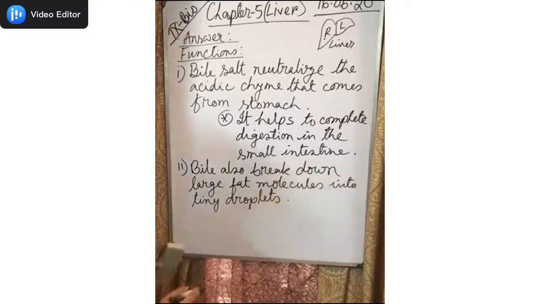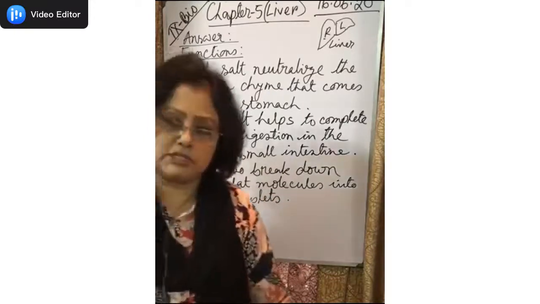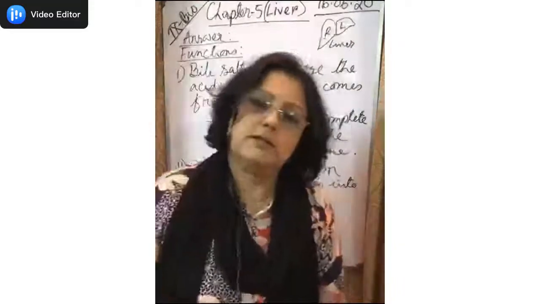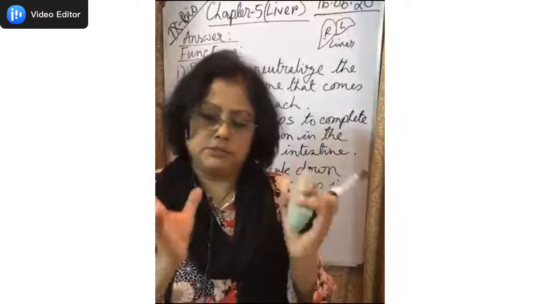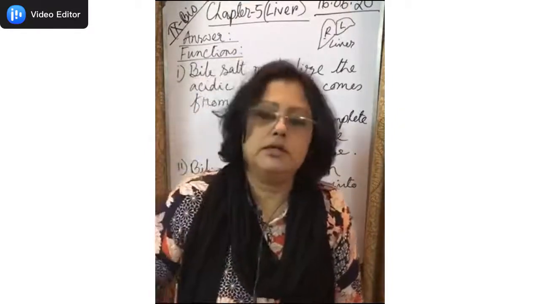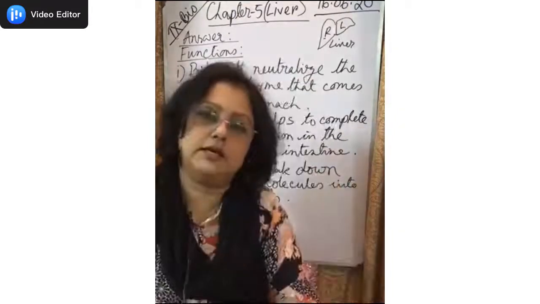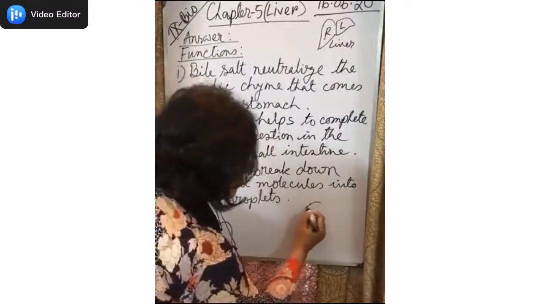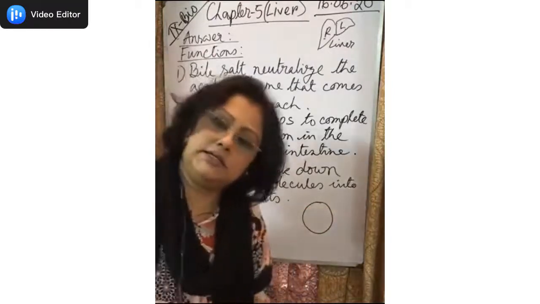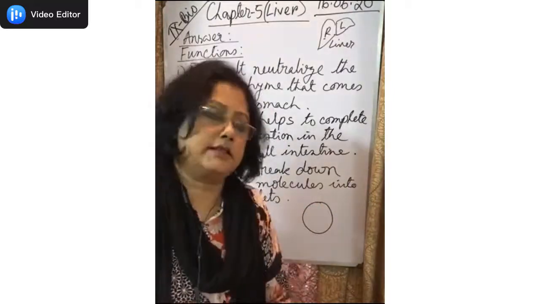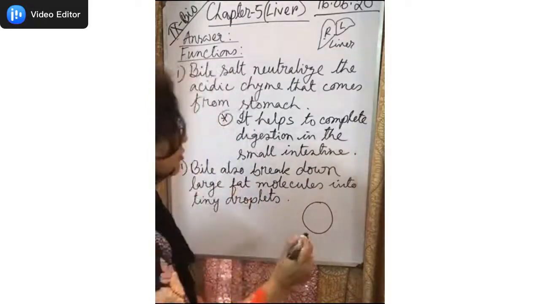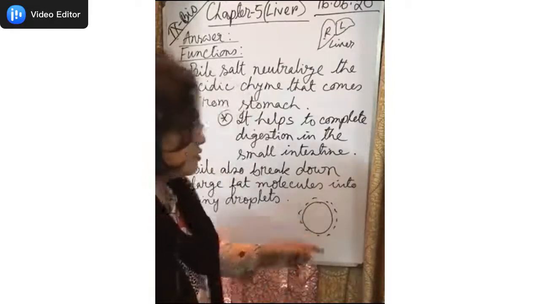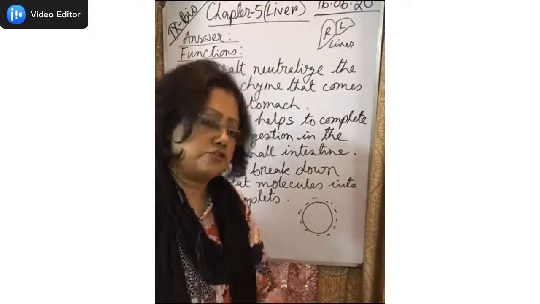Okay. See, another clue has been given, but what is the purpose? What is the reason to break down into small droplets? That means when a large molecule breaks down into small ones, it gets more surface area. I am showing you a simple example here, suppose this is a big ball of fat. Clear? See carefully, and you have to answer there. You understood or not? So, when enzymes are secreted over it, and start to digest, isn't that so? So, if I break it down